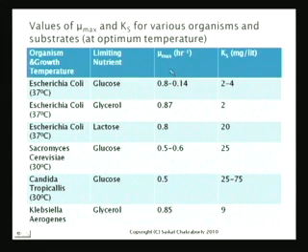Now, where we'll start today is the values. If you're doing a Monod model, for example, you have these Ks, the rate constant, and the mu max, the maximum rate. So what we're going to start with today are the values of mu max and Ks for various organisms and substrates. The first one we look at is Escherichia coli, E. coli, and the growth temperatures that you see over here are the optimum temperatures.